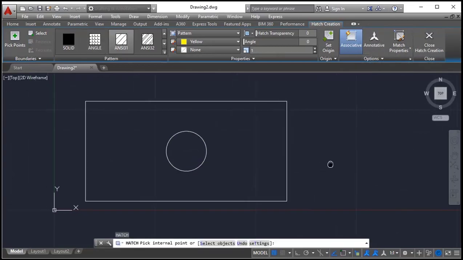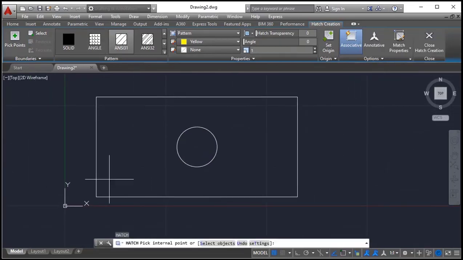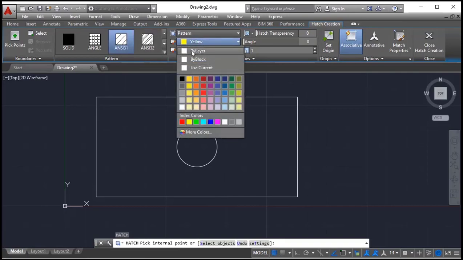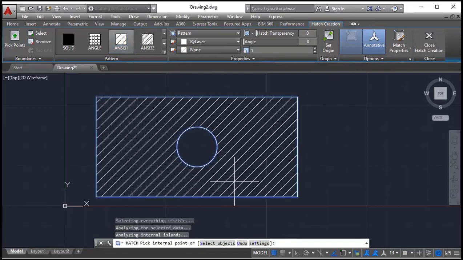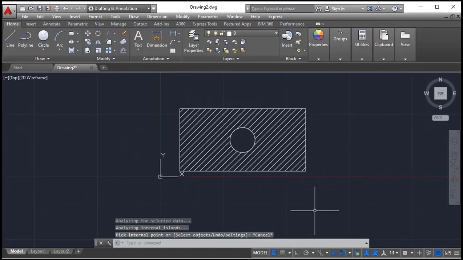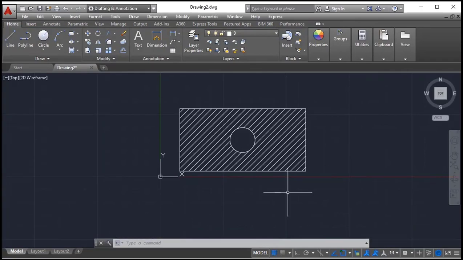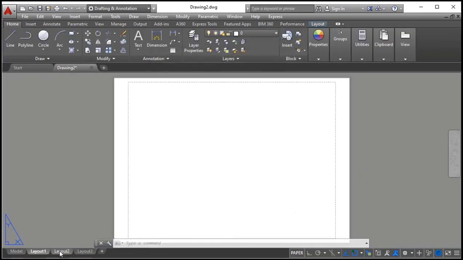Let's start annotative. To explain annotative, I have created a rectangle with 100 length and 50 width and a 10 diameter circle inside. I have selected this pattern, and I am using a bylayer color, and I am just switching on annotative and clicking here. With annotative switched on, I have created a hatch pattern over here. This will display in the annotative scale property. Here it is indicating 1:1. While printing the hatch and other objects, we will get some problems. I will show you those problems. See, I have created 3 different papers.